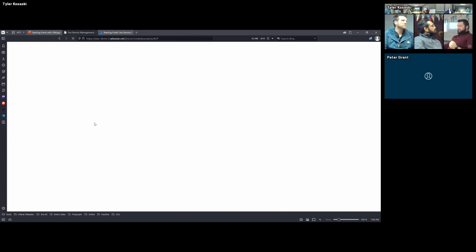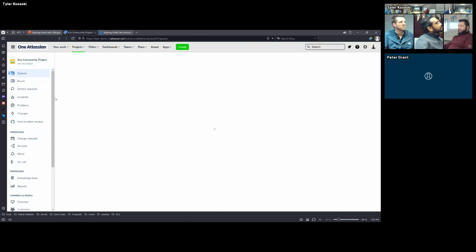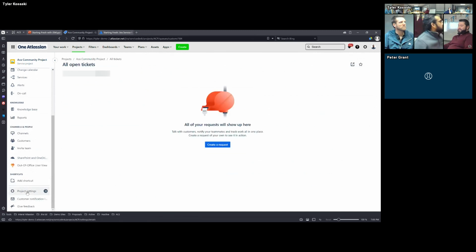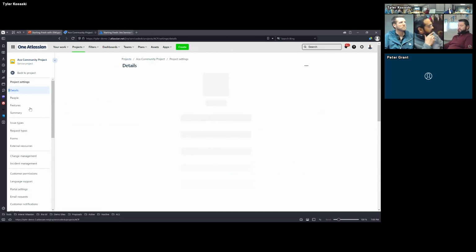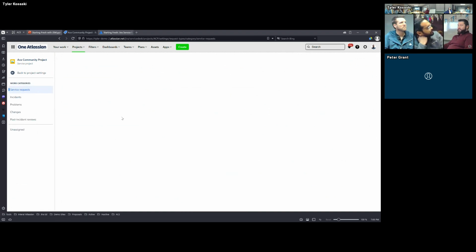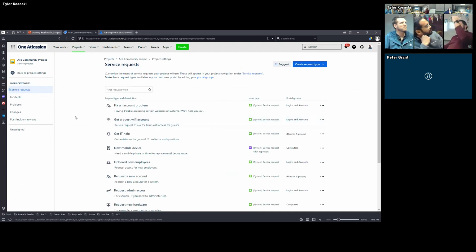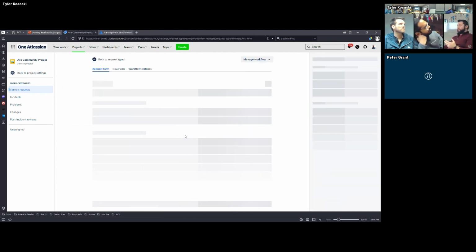For the life of me, I see what I did. I went to the workflows and then clicked on the diagram that brought me there. So if we go back into our project settings here, we can see our request types down here. And it'll actually separate them out into the different work categories or the features that we have enabled. So we see service requests, incidents. And we can see here that this request type, fix an account problem, is actually linked to the service request issue type. So for the customer, they will see a form that looks something like this,